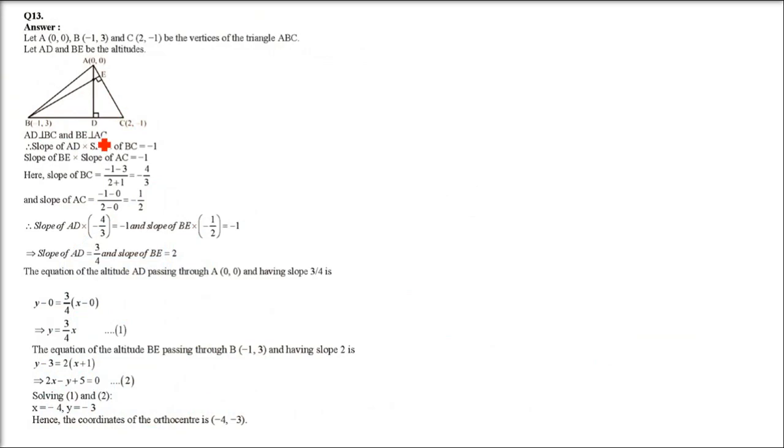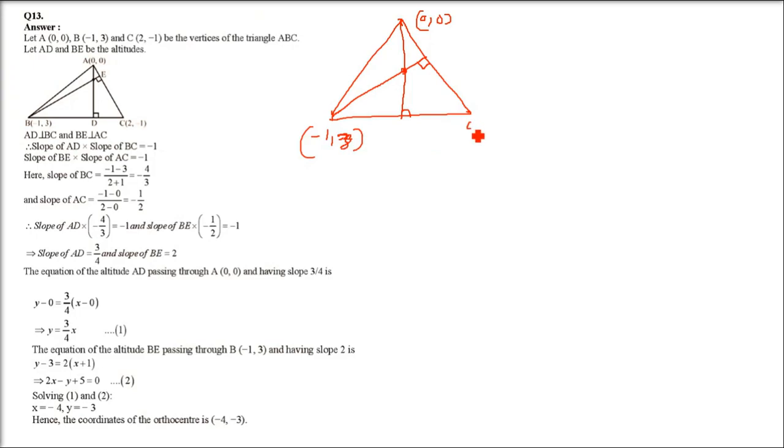Now question number 13, find the coordinates of the orthocenter of the triangle whose vertices are these three. Same thing we have done already, and the good thing is the coordinates are given, not the equations. We have two altitudes perpendicular to the opposite sides, so take two lines, make the intersection, and that is the point. The points are given as (0, 0), (-1, 3) and (2, -1). So these are the 3 points.